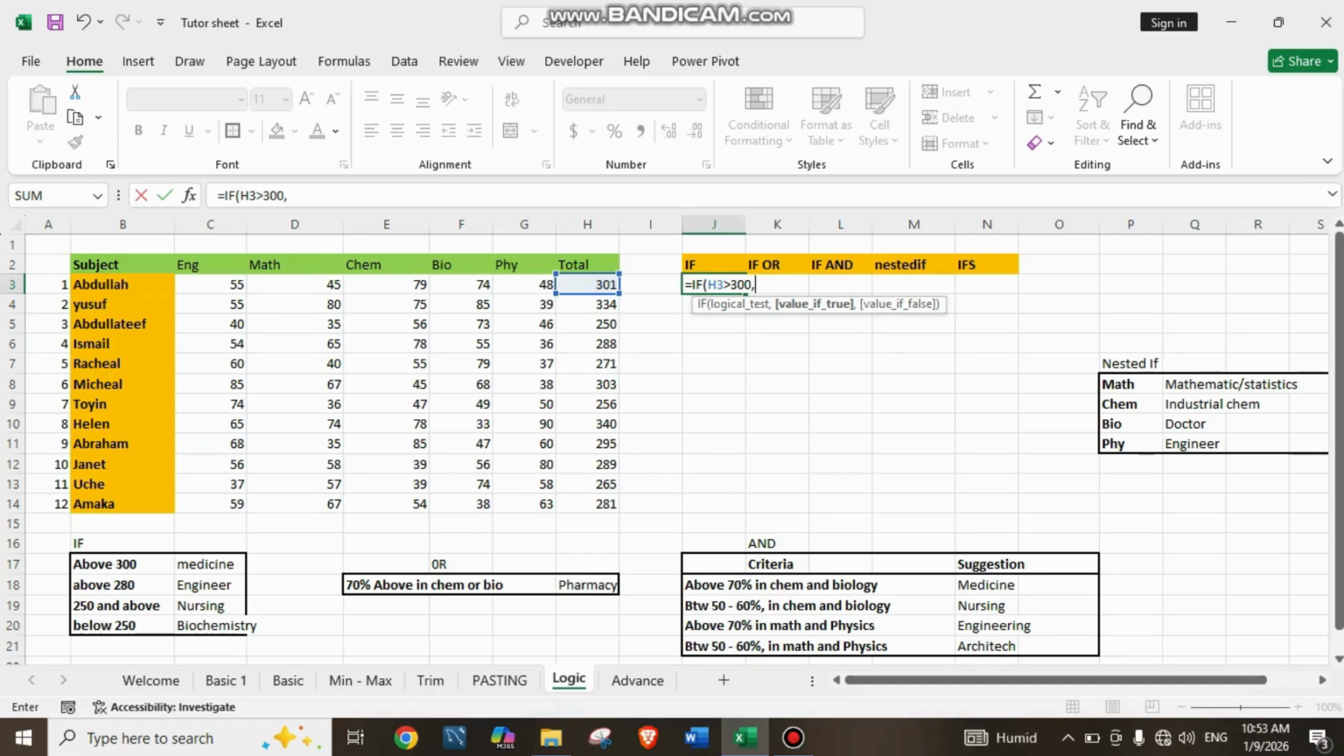Look at the way I open this. Look at these double quotes at the top. Anytime your statement is in text, you need to put it in quotes, in these double quotes. But if it is a number, you don't quote it. But if it is text, you need to quote it. So if the individual's score is above 300, greater than 300, medicine, that individual should be given medicine,